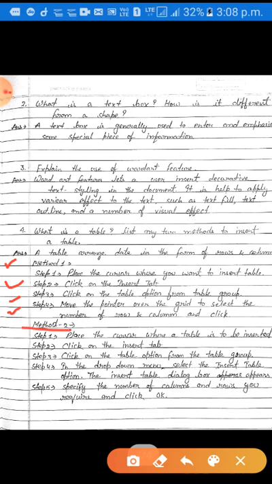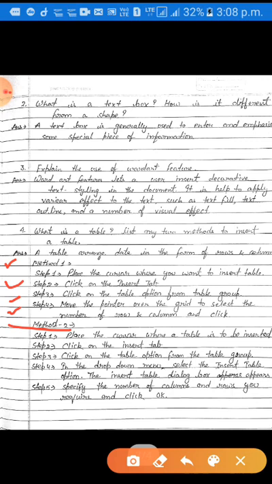And dear student, method second is, step 1, place the cursor where a table is to be inserted. And then step 2, click on the insert tab. Step 3 is, click on the table option from the table group. And step 4, in the drop down menu, select the insert table option.